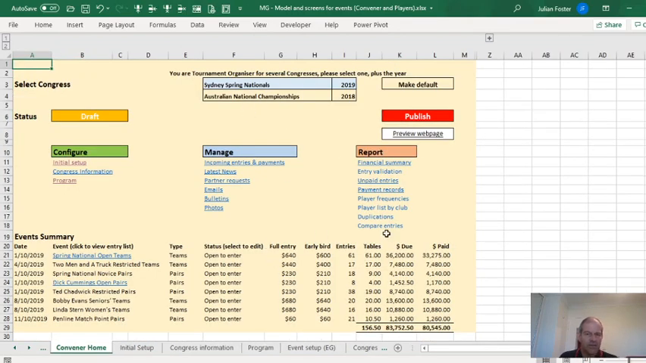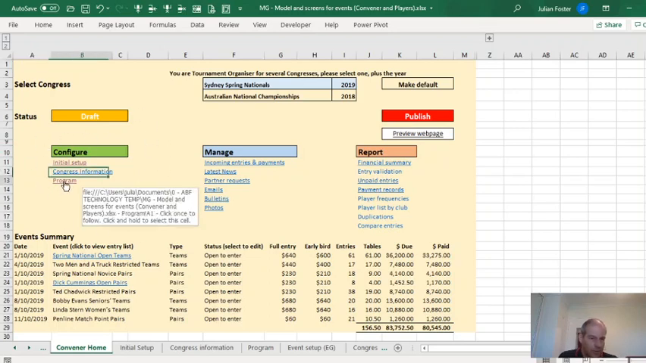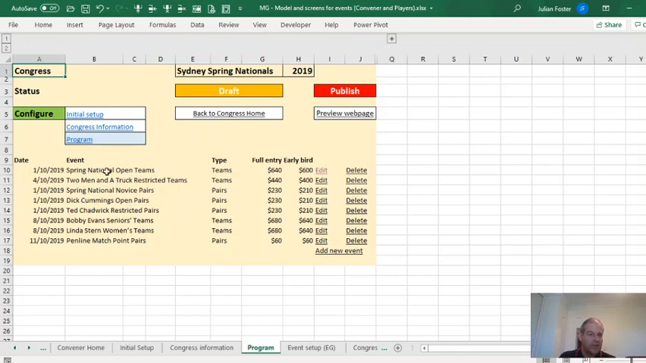So we go back to the home page. That's really looking at all of this side of it. The program obviously needs setting up as well. This is where you go, you set up the events, what sort of event it is, how much it is,